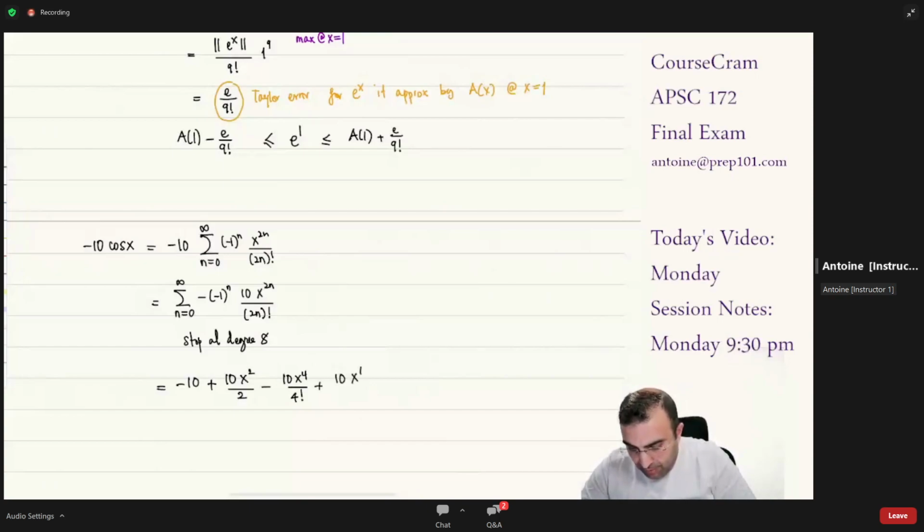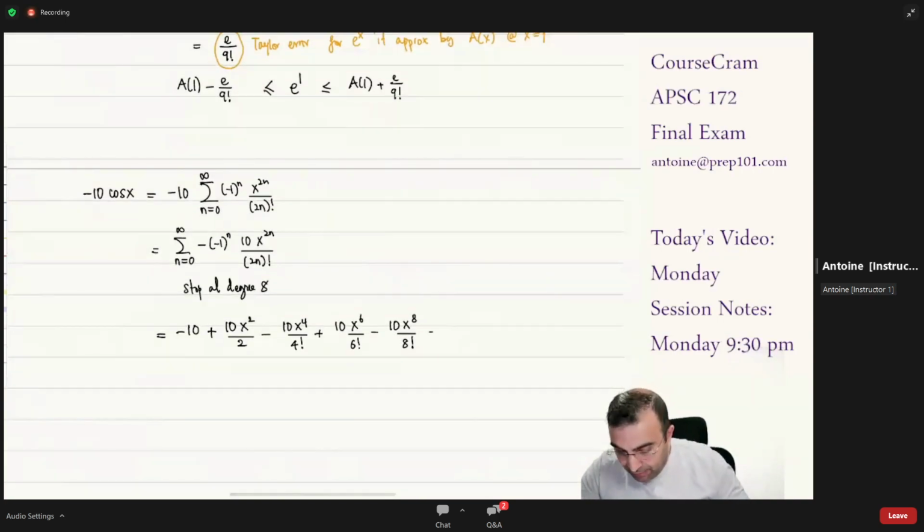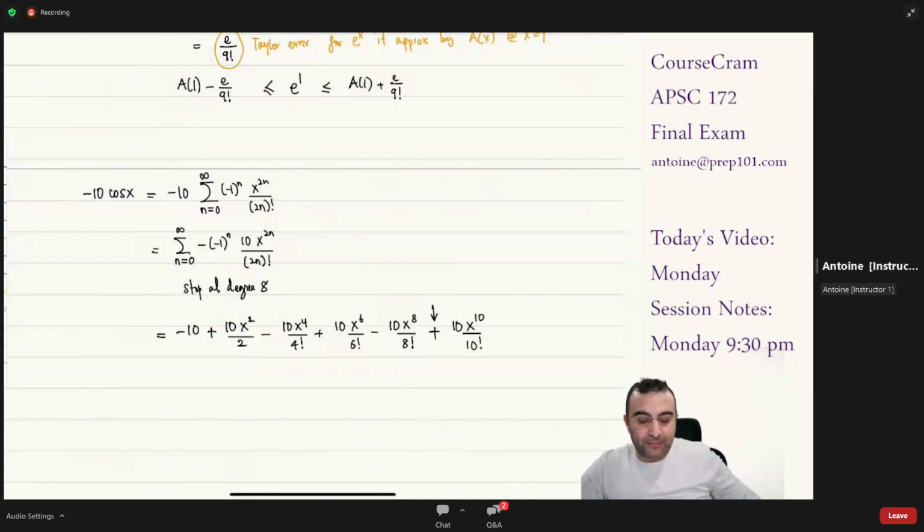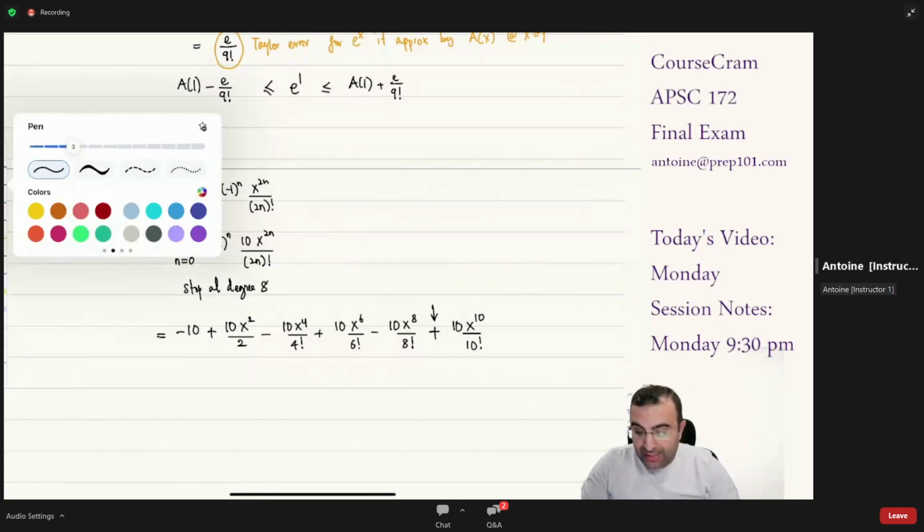N is equal to 3. N is equal to 4. Right? So that means, what's the first term left out? The first term left out is plus 10x to the 10 over 10 factorial. Right? So the first term left out is 10x to the 10 over 10 factorial. And if we're using it at,